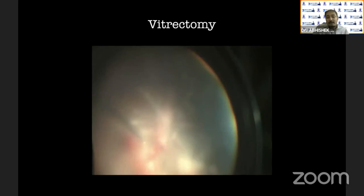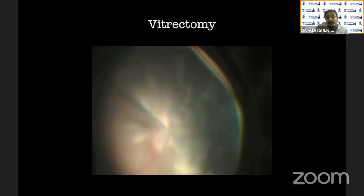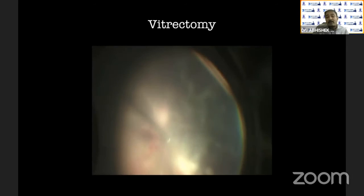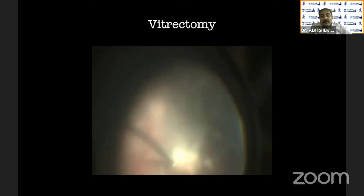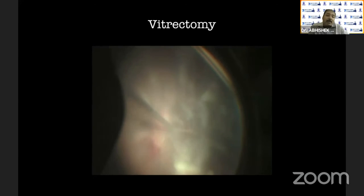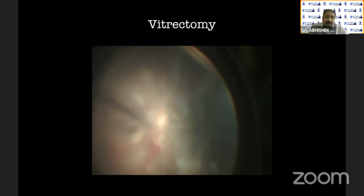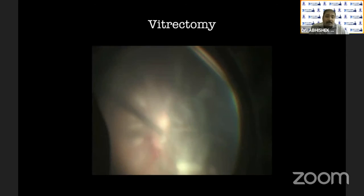And if you see here, I'm trying to gently induce the PVD. Now I'm at least able to see the disc, and those are the collection of exudates around the blood vessels. And this shining thing you see, this is the foreign body. Now, before I attempt to actually take the foreign body out of the eye, I am trying to attempt a PVD. Now, sometimes when there is a delay in a case with endophthalmitis and foreign body, there may be